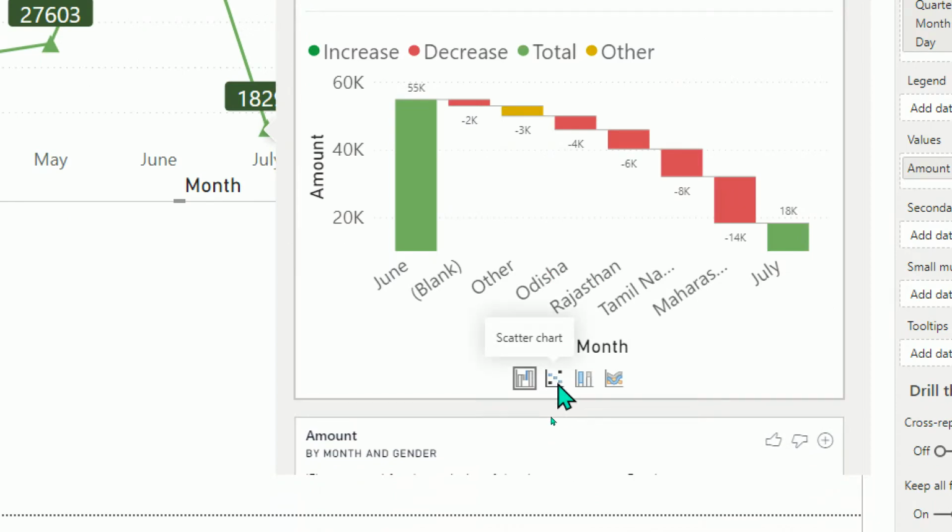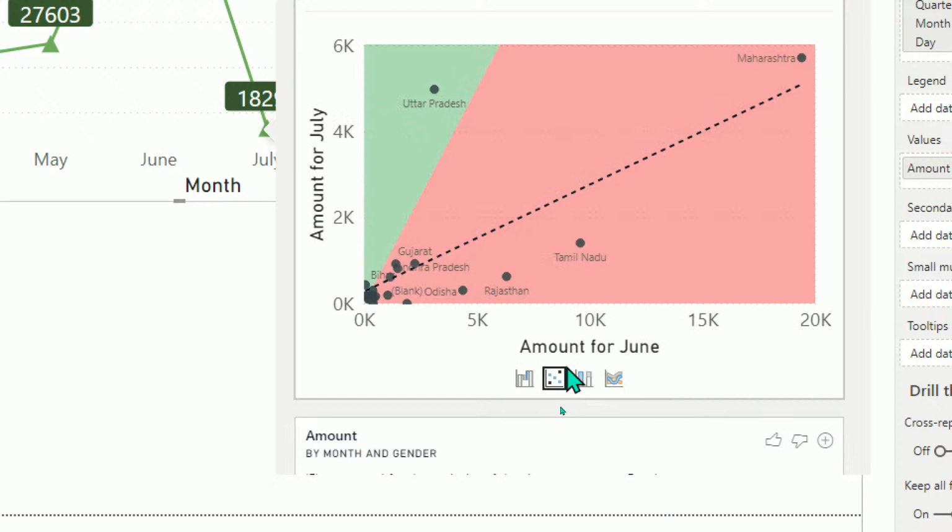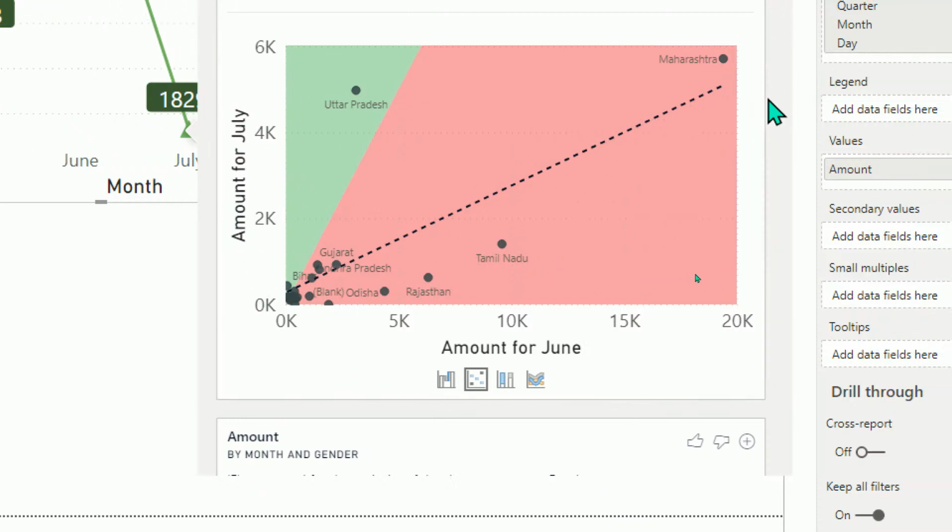Second one, it's a simple scatter chart. Scatter chart, as you know, requires many things. It requires two numeric columns. How do we get two numeric columns? One is the data of June, one is the data of July. Both are numeric. And then it has plotted a scatter chart, and it has